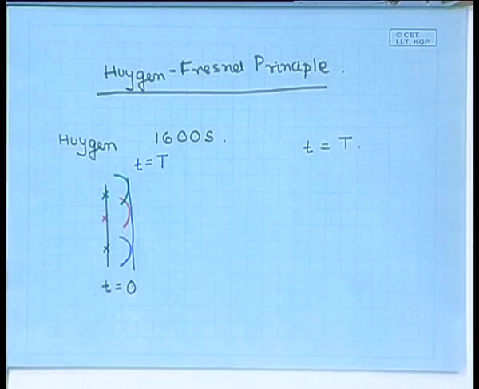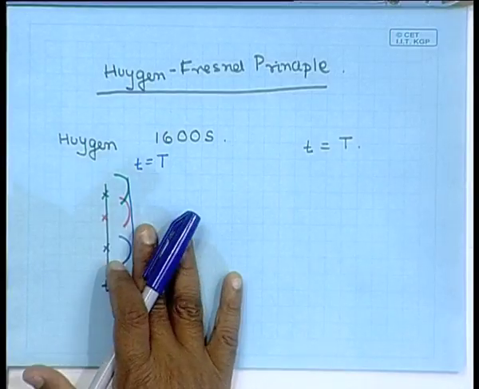Okay. So, this is a prescription which allows you to follow the propagation of a wave in a medium, because you can now use this to determine what the wavefront will look like at a later time capital T, and you can do it for different values of the later time, and you will get to see how the wavefront actually propagates inside this medium. Here I have taken the medium to be vacuum. So, a plane wave will propagate onto another plane wave and to another plane wave and so forth, and the whole thing will move forward with the speed c, which is what you have just seen takes place if I